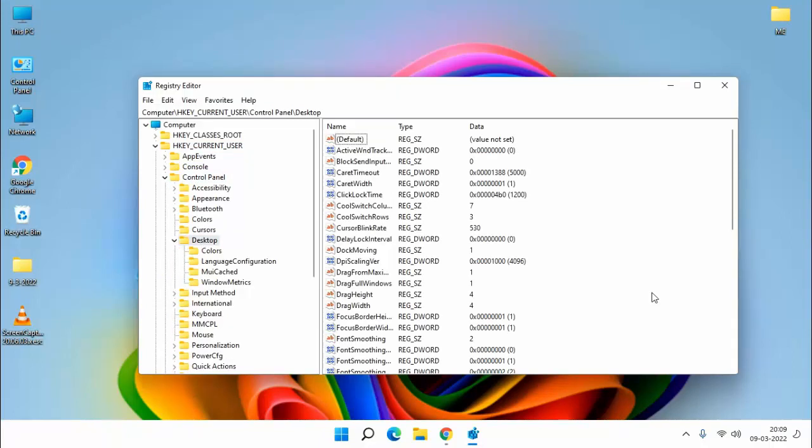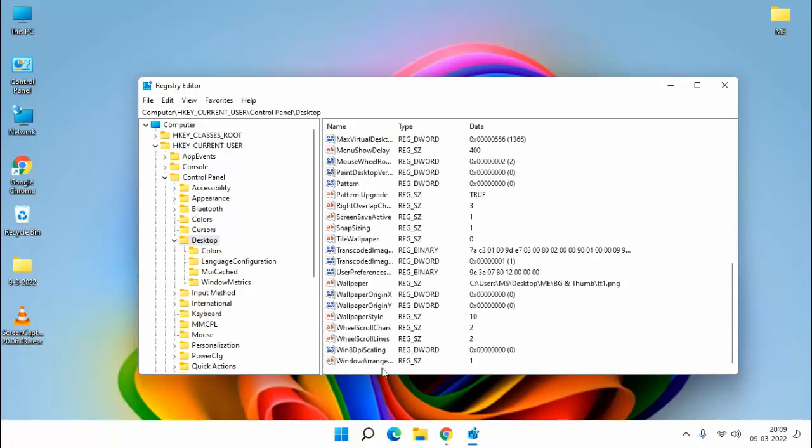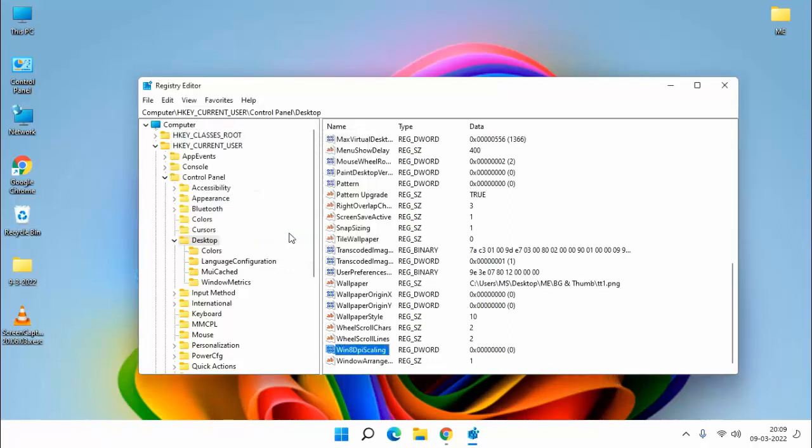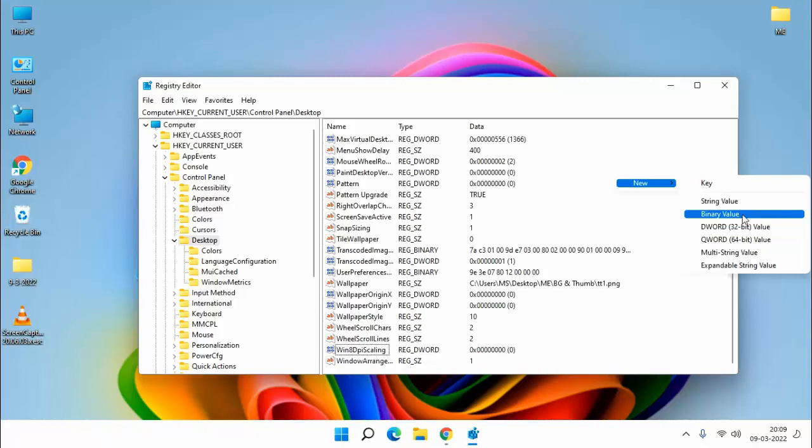In this, you can see here Win8DpiScaling. Right click on Win8DpiScaling, click on modify, type here 0 in value data, then click on OK. Right click and click on new, click on DWORD value,